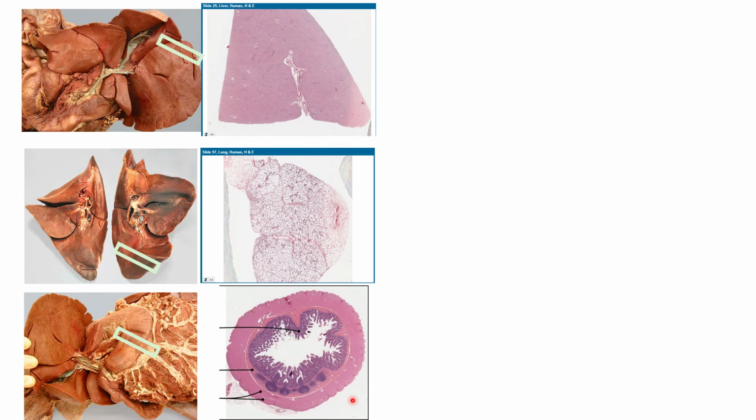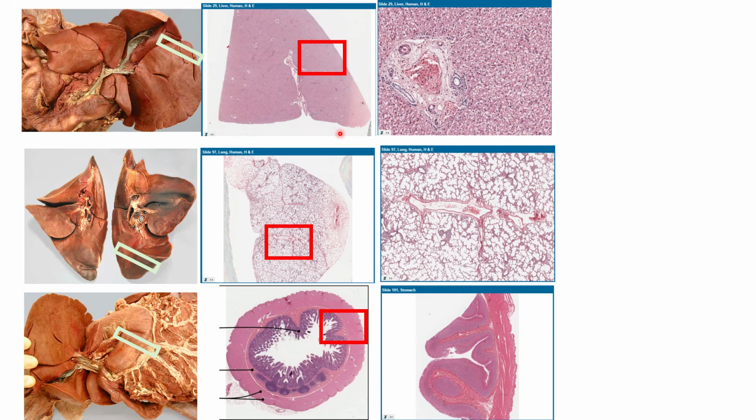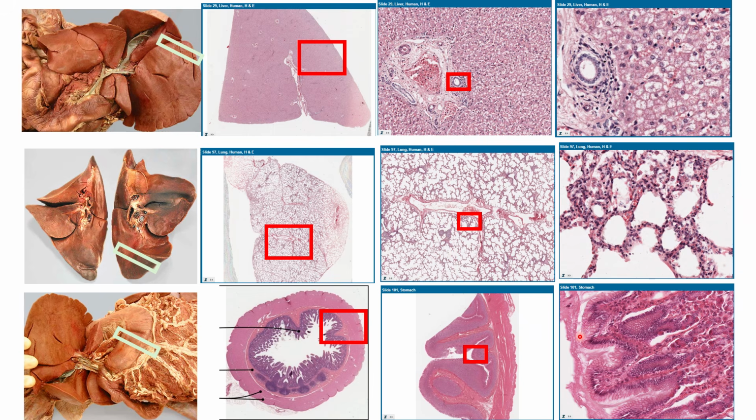This is actually your subgross view. So I think a lot of you are already familiar with this, and this is what the tissue will look like under the naked eye after it has been prepared histologically. And then if we zoom in, that is when we would see the low magnification of the tissues. And if we zoom in more, we will finally be able to characterize the high magnification features.